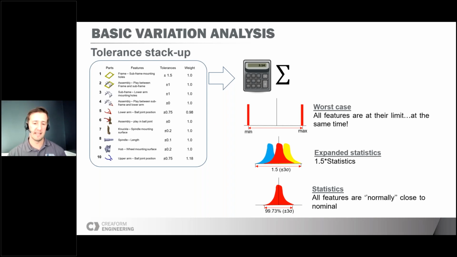For example, the welded assembly, sometimes you have a deformation or shrinkage due to the welding. So all your parts may be closer to the minus. Some other processes have parts closer to the maximum. So this is where the expanded statistics is used. You take your statistical result and you expand the interval by 1.5 to give you a kind of safety factor to account for those shifts in different manufacturing processes. So if I take those